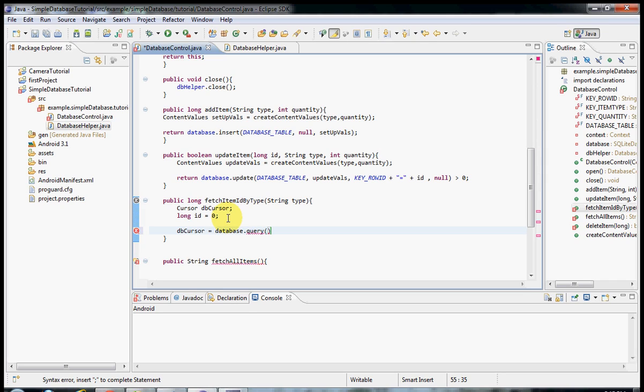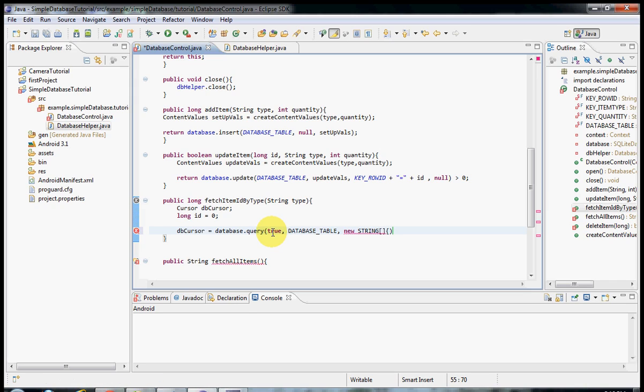arguments, most of which will actually be null. If any of you know, a select statement in SQL tends to have a having or a group by, a lot of different statements that we don't need in this particular instance. So this true is actually just passing whether or not we want a distinct result. So for the distinct clause in SQL, we want only one result, so we're just going to put distinct there as true, and then we're going to pass the table name, and then we're going to pass an array of